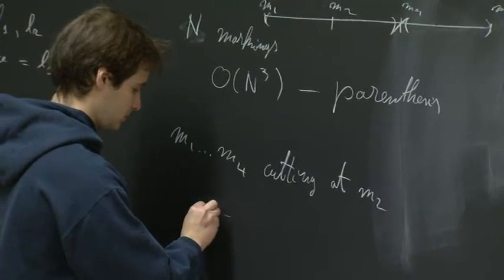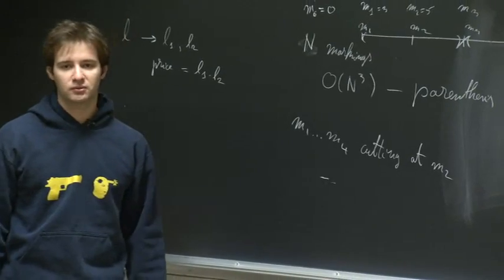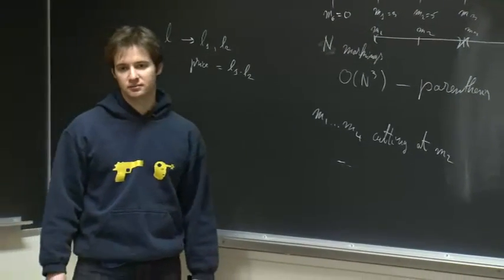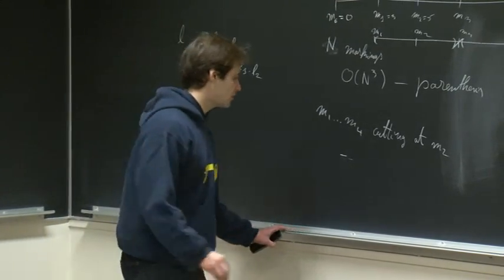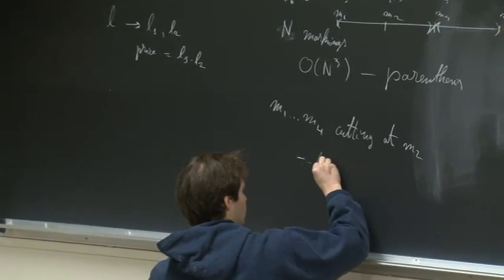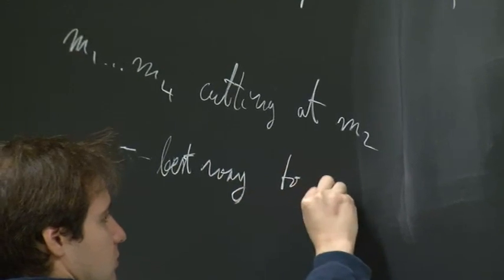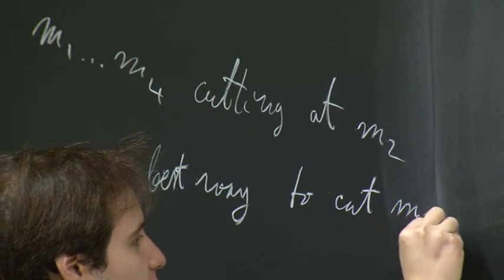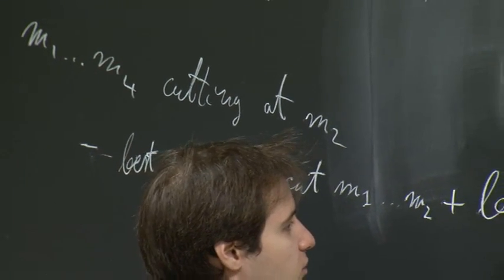What's the total cost? So what's the best way to cut, given that I know I'm going to cut there? The sum of the DPs. Okay, so it's the best way to cut M1 through M2 plus best way to cut M2 through M4